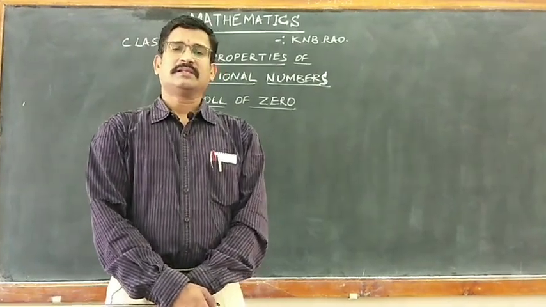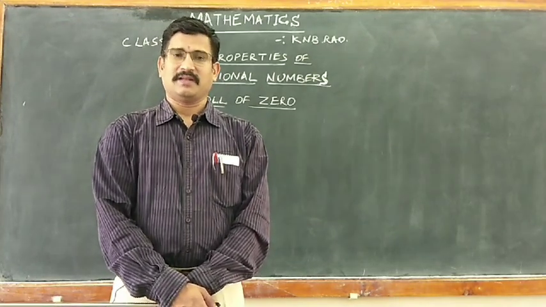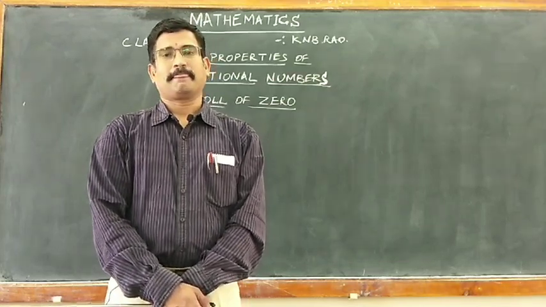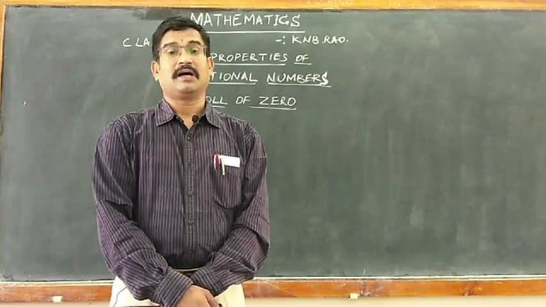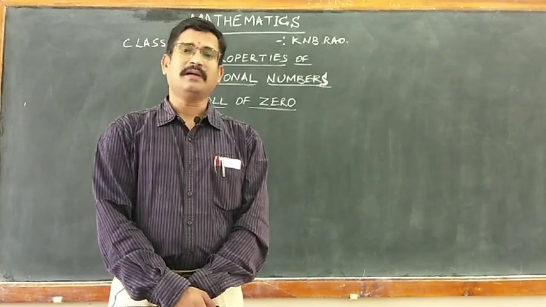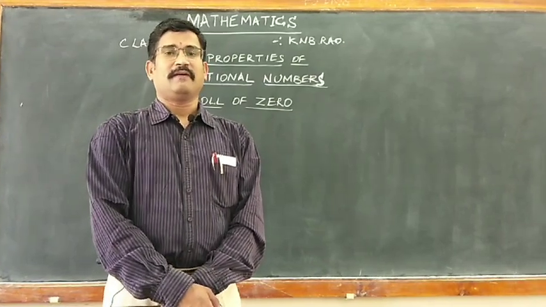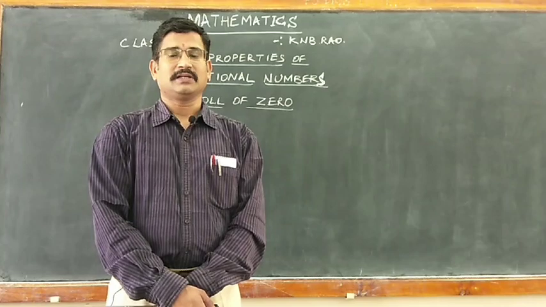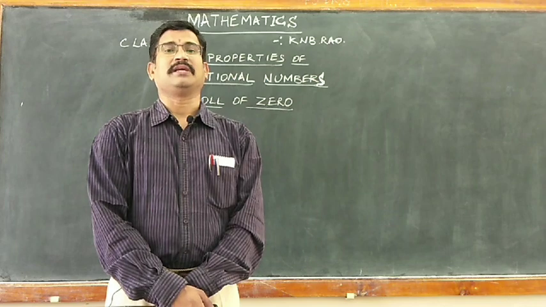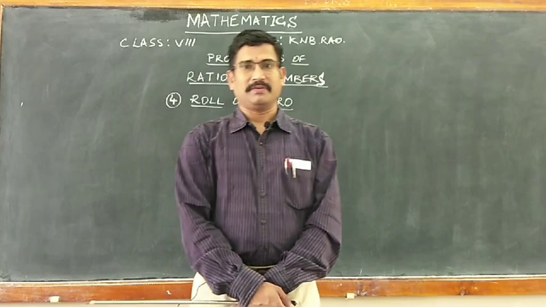Children, we have learnt in our previous sessions properties of rational numbers, that is closure property, commutativity, associativity under 4 different arithmetical operations, that is addition, subtraction, multiplication and division. In our previous session, that is session number 10, we learnt associativity and we summarized that associative property for all the type of numbers in the form of a table.